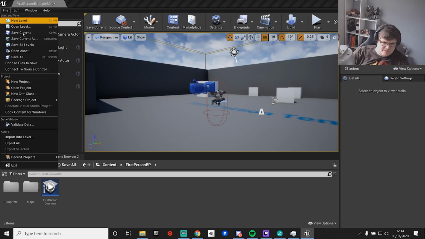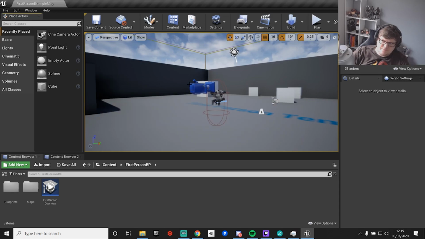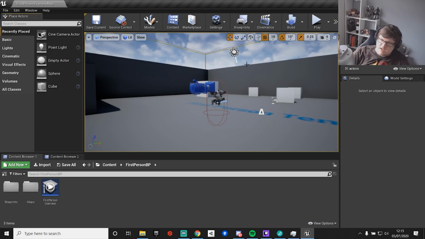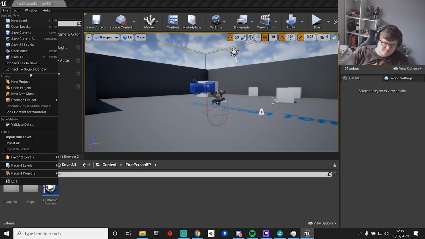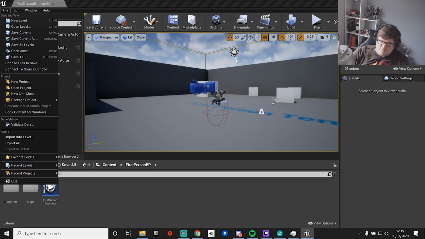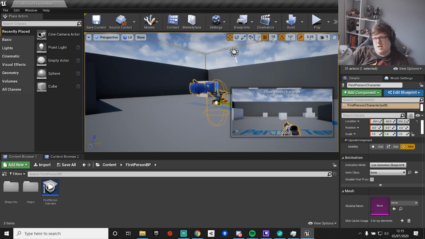And if you come in here, you've got the save. So I'm going to save current, and that's saved it, okay? Or you can go save all, just to be sure. Save all levels. So when I exit this now, sometimes if you've made changes, it will say, are you sure you want to exit because this and this has changed? Make sure you save it, and make sure, if you're transferring the files over, you have all the files